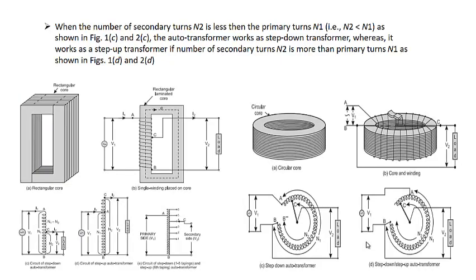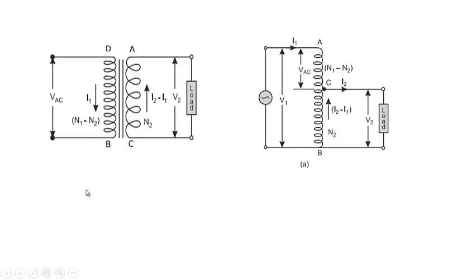In the previous lecture we were discussing a little bit about the auto transformer. We came across the different types of auto transformers, whose core was sometimes made of rectangular type and sometimes of circular type. Usually, we can make an auto transformer from a two-winding transformer by simply connecting this winding to this,